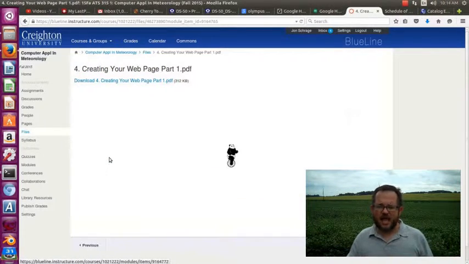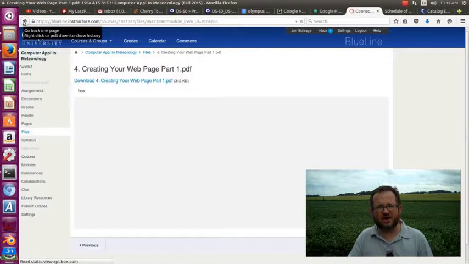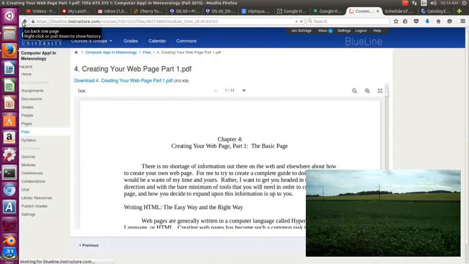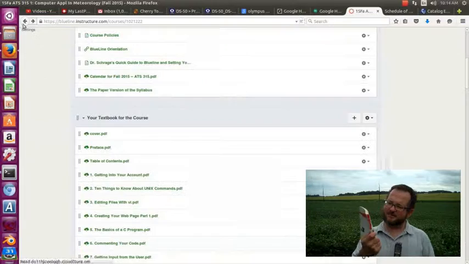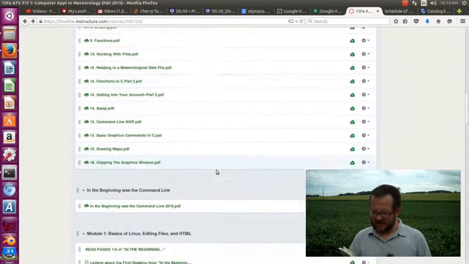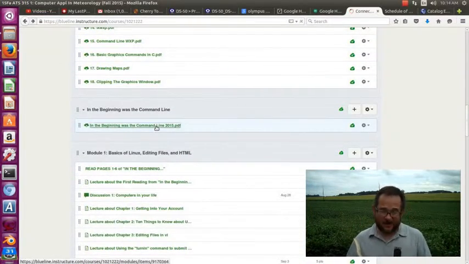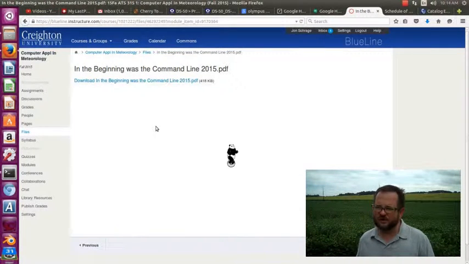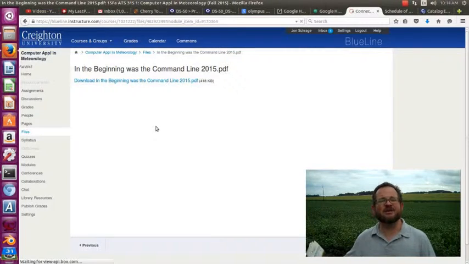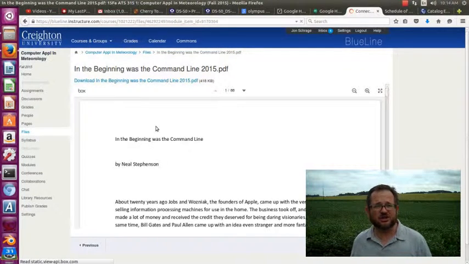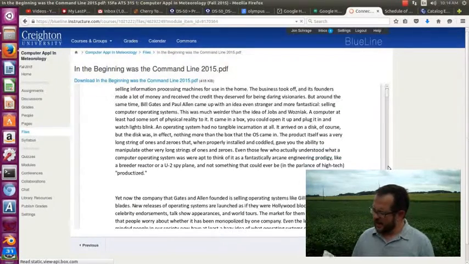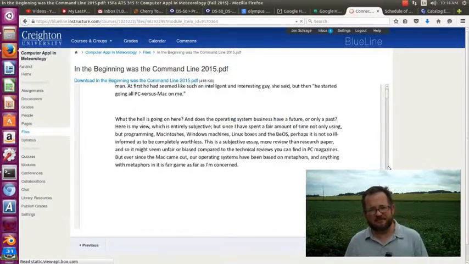That's fine with me. And there's a second book that we use that is actually out of print, but that's okay. The author makes it available as a PDF, and that's called In the Beginning Was the Command Line. Now, I actually still have a print copy of the book, and this book is awesome. It's also hilariously out of date. Neal Stephenson is an awesome author. If you're unfamiliar with him, he's sort of a Hemingway-style figure in modern literature. He's a very, very successful writer, both critically and commercially. His books are just absolutely amazing.